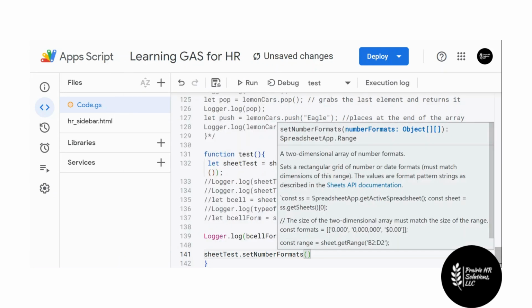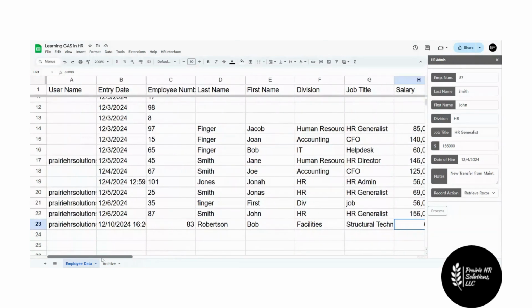So let's create it like this. And remember, it's a two-dimensional array. Inside that array we want to set initially this column, which is index 0, this column, this column, this column, this column, this column, and this column,